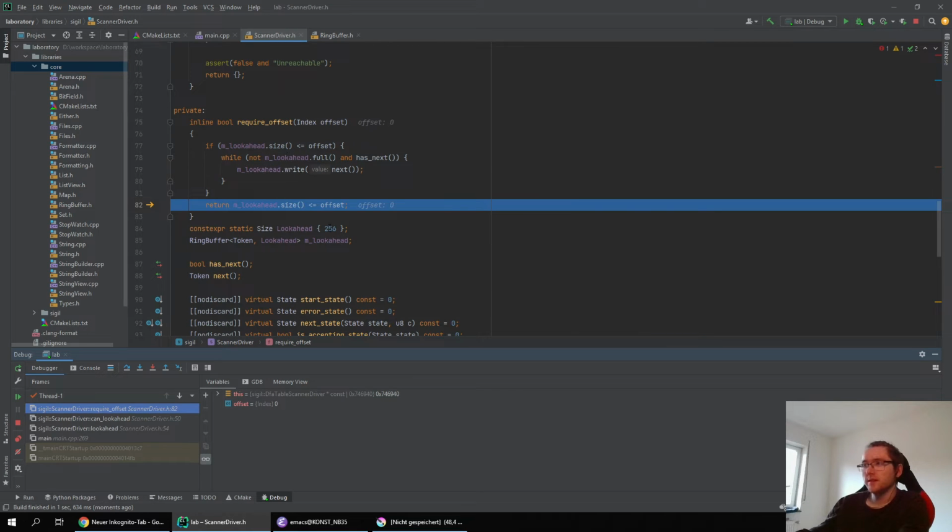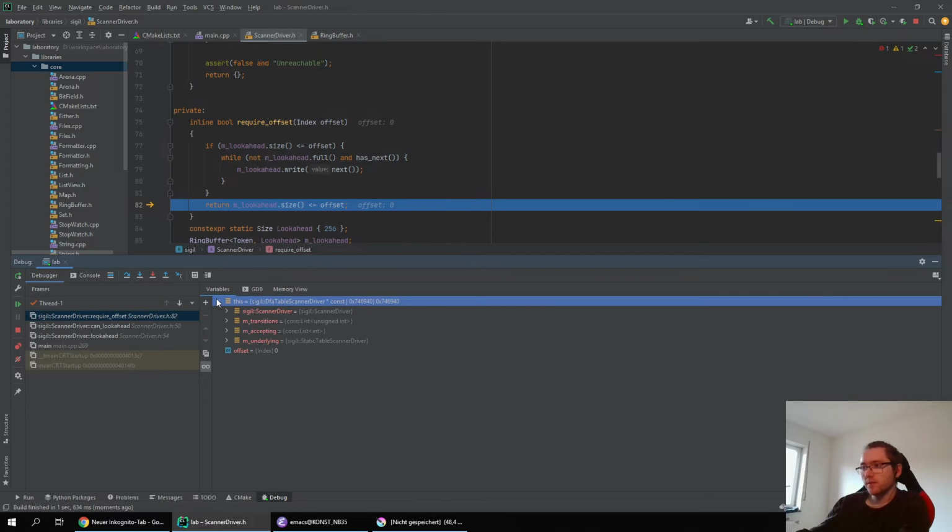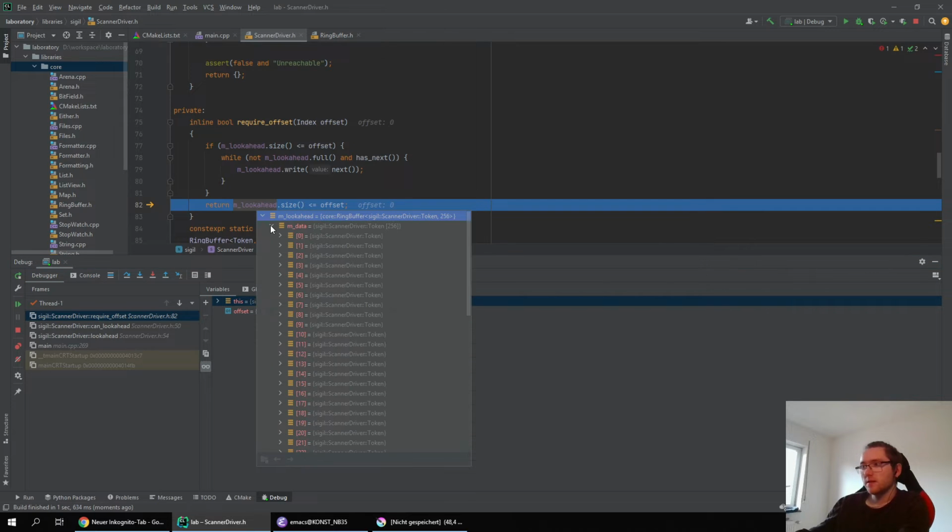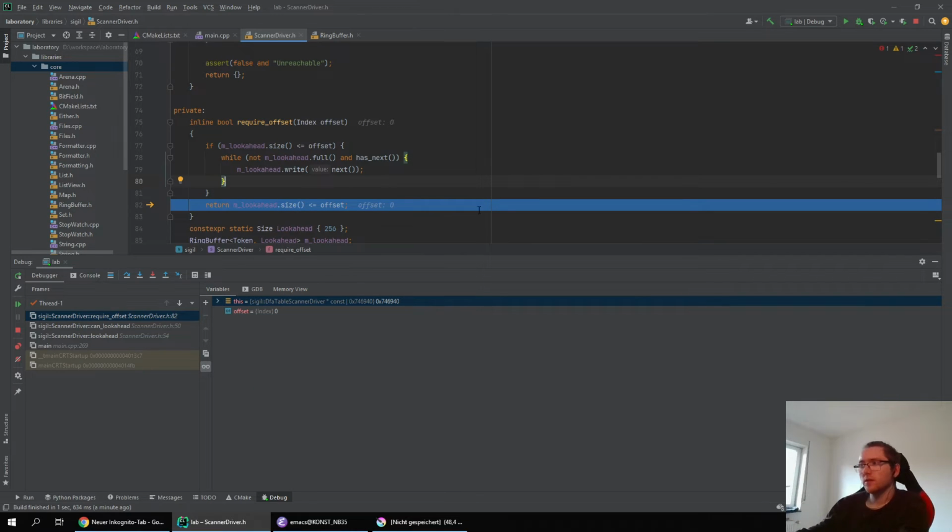So basically we try to fill this buffer. Should now see this buffer. And just look into this, please. So then we should see some token. So this is white space, I think. Integer. So we actually get our tokens. So and I think we have 17. So this one is the error token, but this is white space again. Here is closing parentheses. So basically we have our token. This works. But now offset is 0 and size